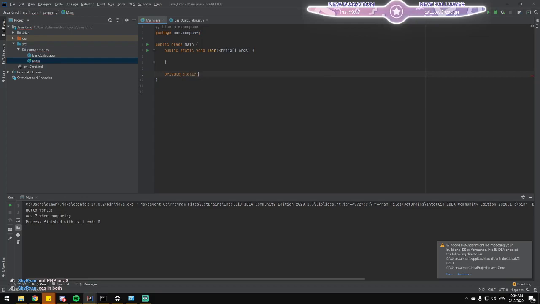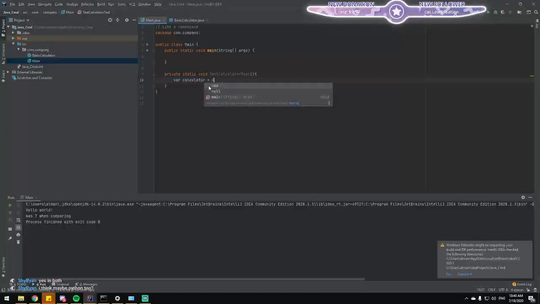Private static void calculator test. Test calculator is a better name because it should be a noun. Calculator test, maybe. I haven't really done much work in a while for either of those languages, though I'm ashamed that I haven't worked much with JavaScript because it's quite useful. Oh fuck. Var. Is var valid in Java? We'll see.